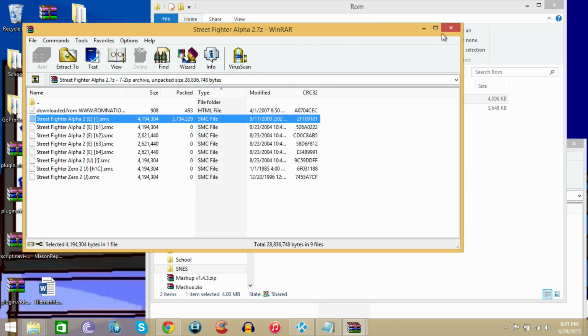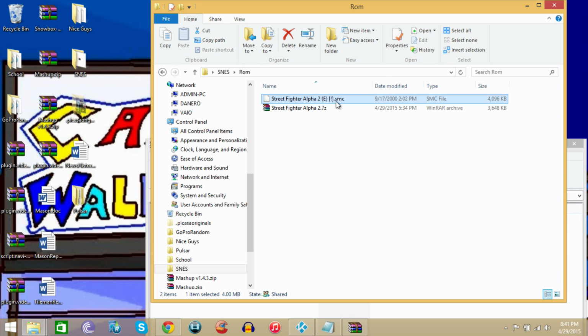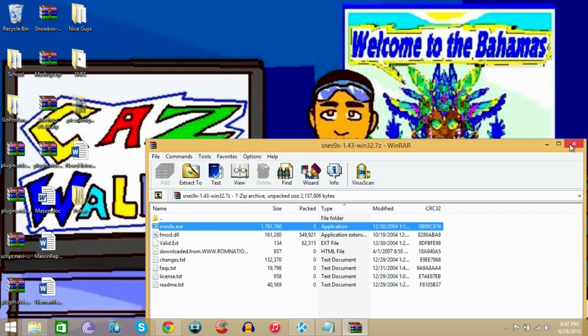All right, now that we have that out, bear in mind the extensions of these files are very important. You must know the file type, and that matches the extension .smc. If you have to write it on a piece of paper, just write it on a piece of paper so you can remember. It's important that you remember, and you must remember this .exe. All right. Now that we have those extracted from the zip files that we downloaded from romnation.net, let's open up